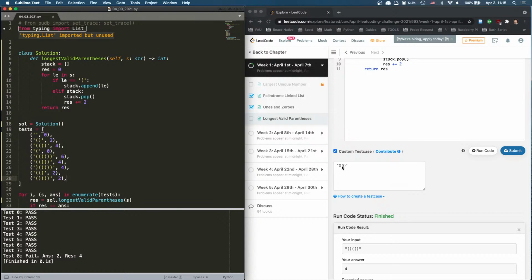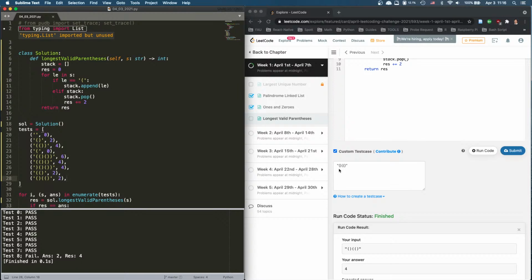It is not well formed if we have unmatched, right? When we pop it out, we'll see there's still something in there. If there's something in there, that means it's unmatched. If there's nothing in there, that means,